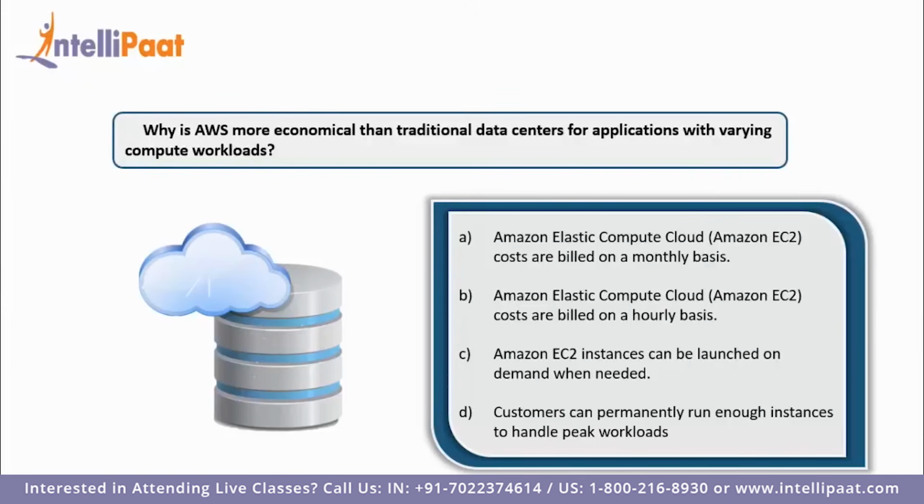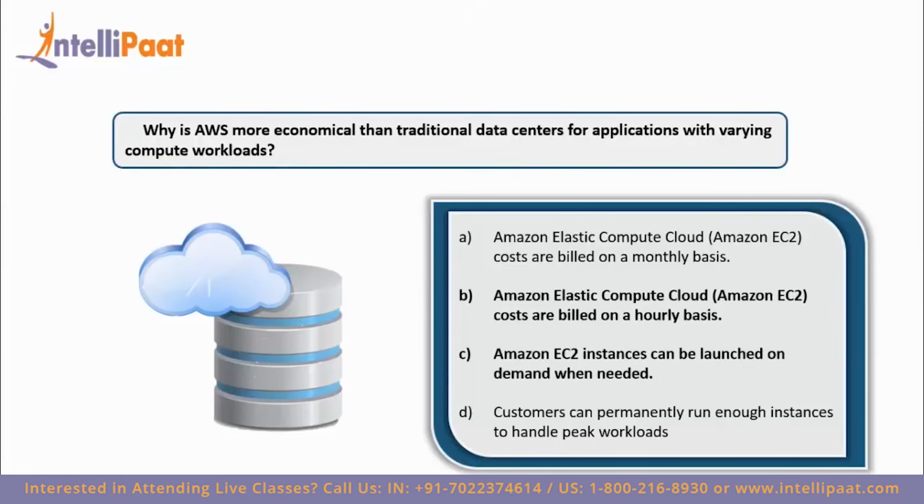So we have Amazon Elastic Compute costs are billed on a monthly basis, okay? Amazon EC2 costs are billed on an hourly basis, which is true. Amazon EC2 instances can be launched on demand when needed, true. Customers can permanently run enough instances to handle peak workloads. All right, so I'll say, because this question is talking about the economical value of AWS, option B and option